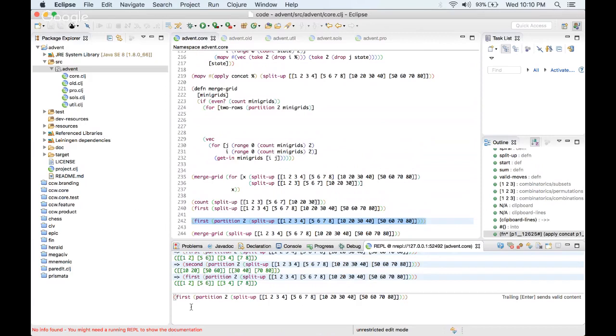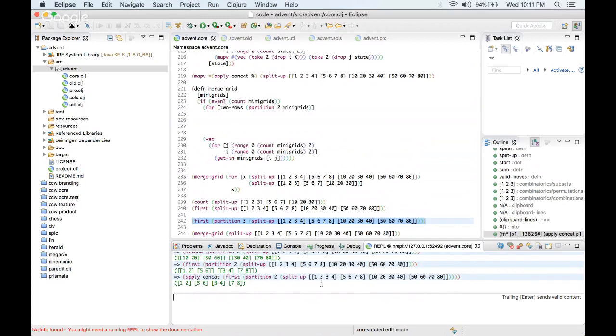So we have a list here containing one element, and oh no, I see. We have a list containing two elements, of course. All right. So a list containing two elements, and then we want to sort of combine them across. So apply concat